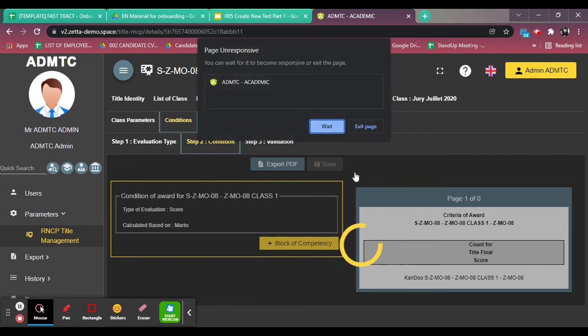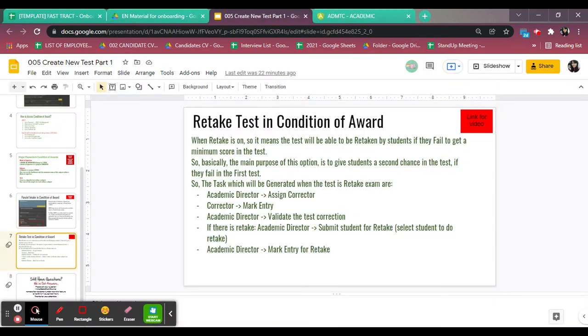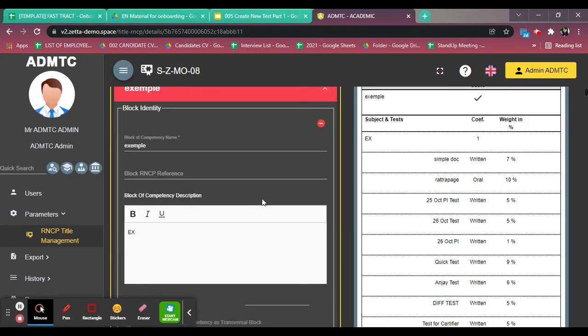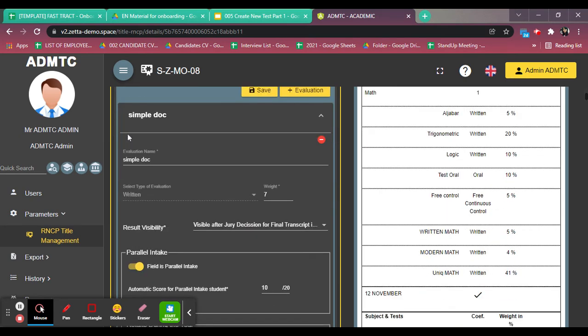Kindly wait for the loading. Once you get into these conditions, of course, when you create the test, in the test sheets,